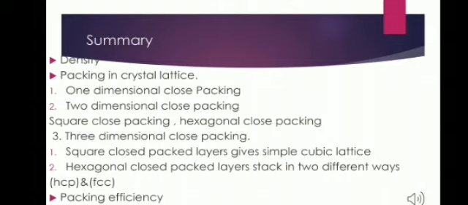Now the placing of the third hexagonal close packed layer can be done in two ways, that also we have done. The first way is the ABAB type and second is the ABC ABC type. That is the HCP close packing and FCC close packing. Then we have learnt how to calculate the packing efficiency in different types of lattice. Now, we have summarized the coordination number also.